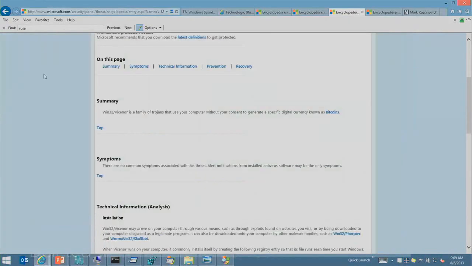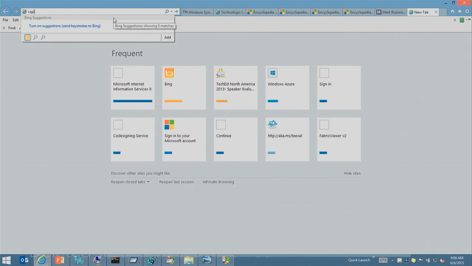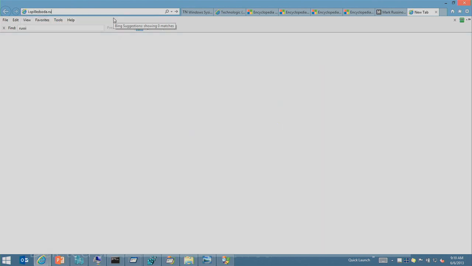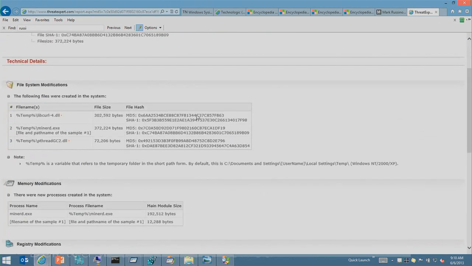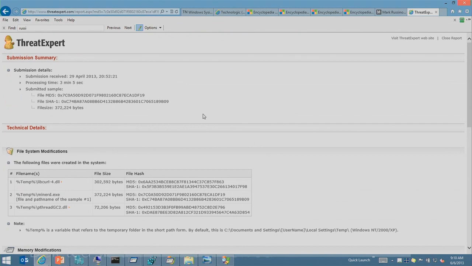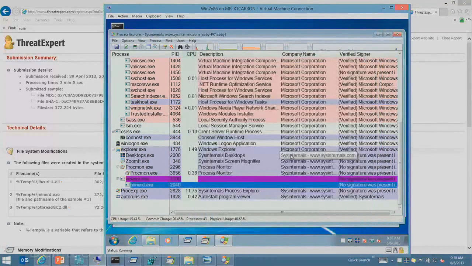So I go to, I haven't been to iSpilledSoda.ru. And apparently that is not active anymore, although it has been found in other pieces of malware. Here, ThreatExpert says that they've seen this account being used. Now, what is the account password here? You can get the password's x, and the username is theirfz.1. So if we wanted to, and that account was still active, we'd have access to that Bitcoin account. Unfortunately, we don't. But this is a standard piece of